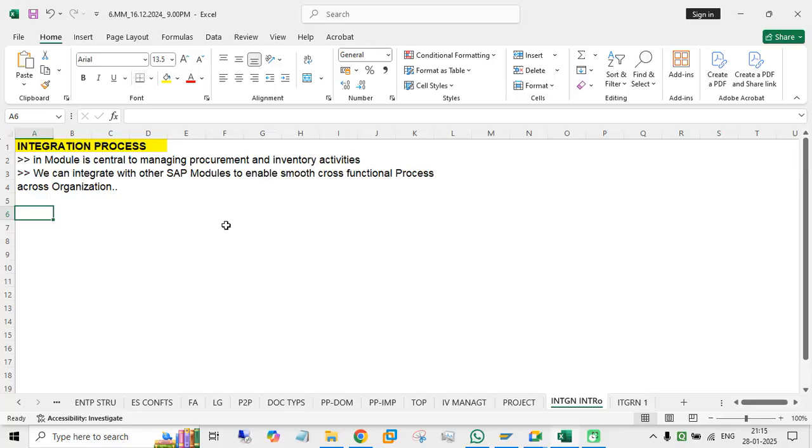So normally, when it comes to integration, what are all the